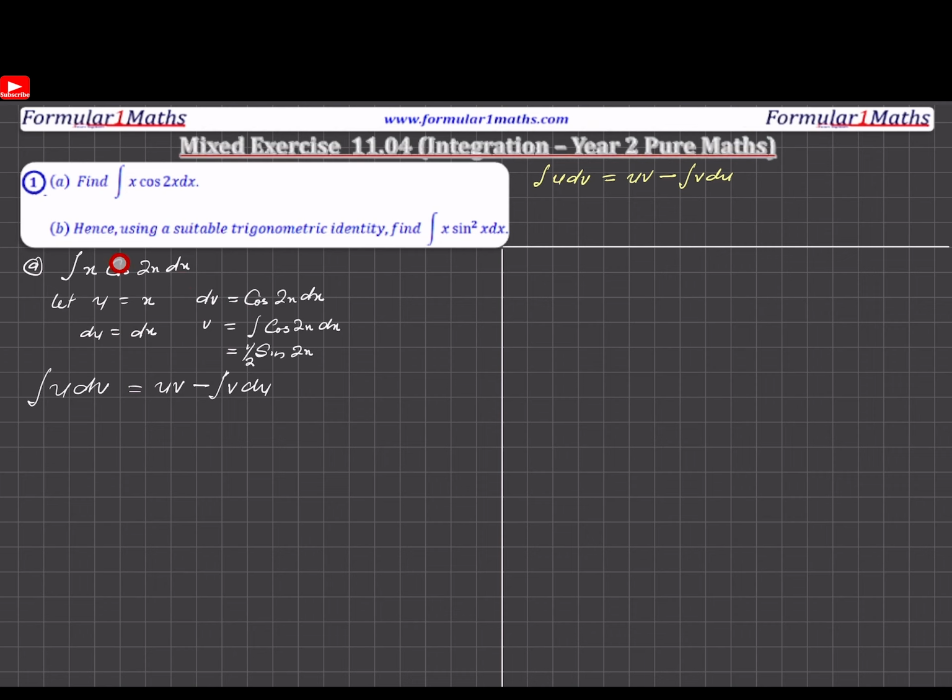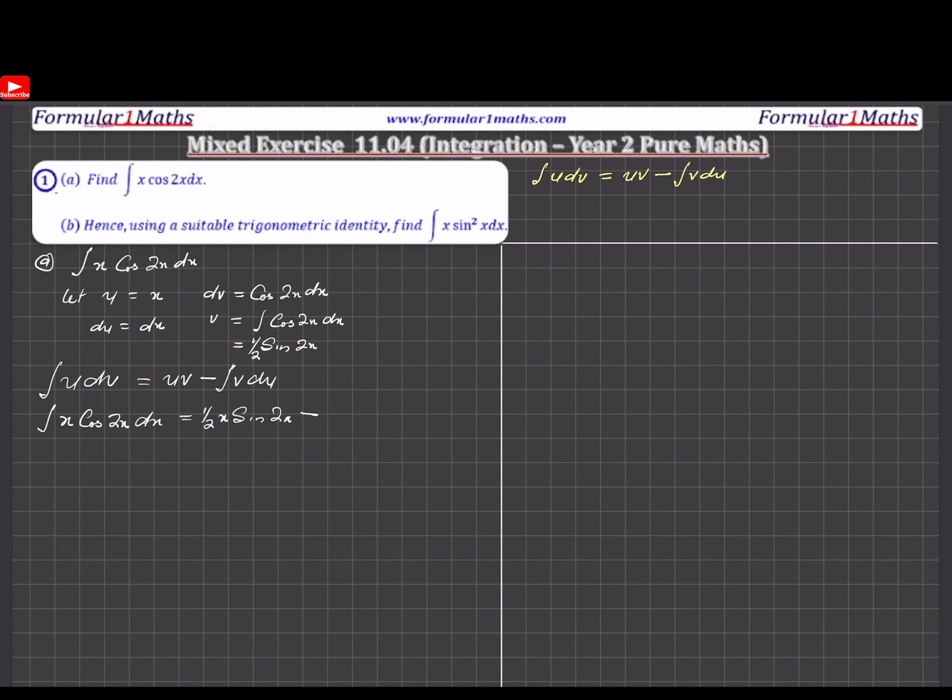So I have the integral of x cos 2x dx equals uv. u is there and v is here. So I'll have half x sine 2x minus v du, which will be half sine 2x times dx. So I'll have the integral of